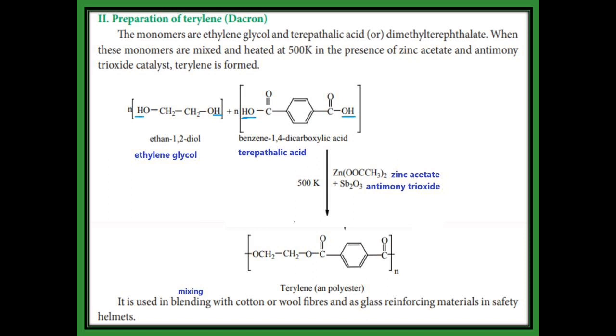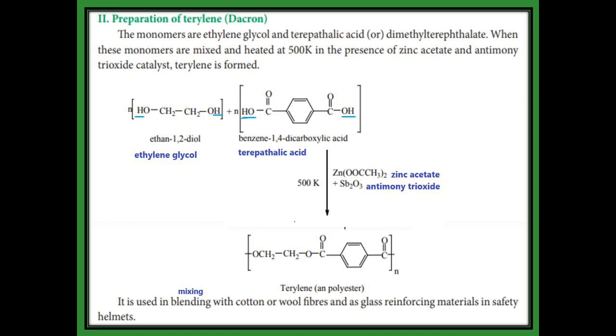The next one, terephthalic acid. Terephthalic acid means benzene containing 2 COOH groups. The first carbon and fourth carbon contain acid groups, so benzene-1,4-dicarboxylic acid is the IUPAC name